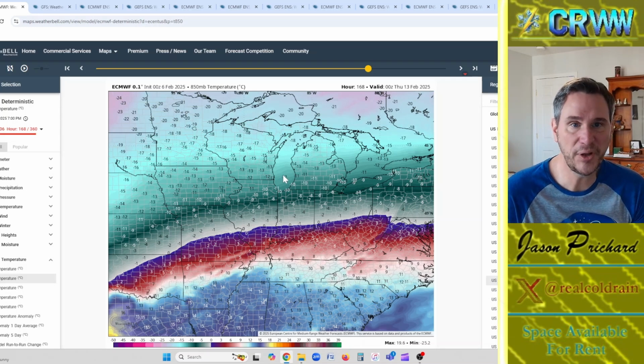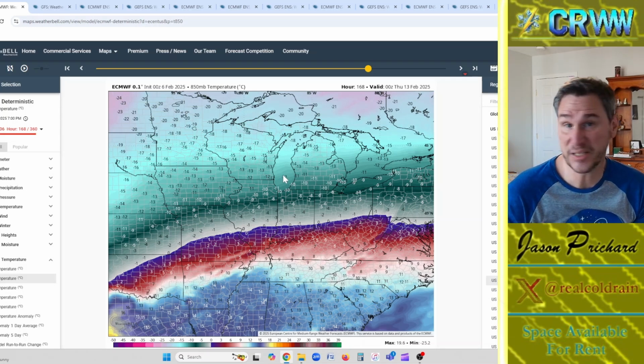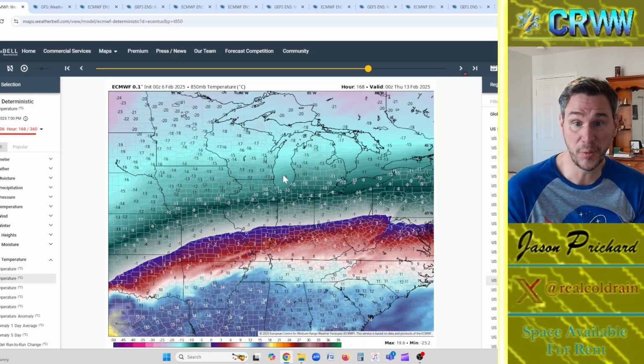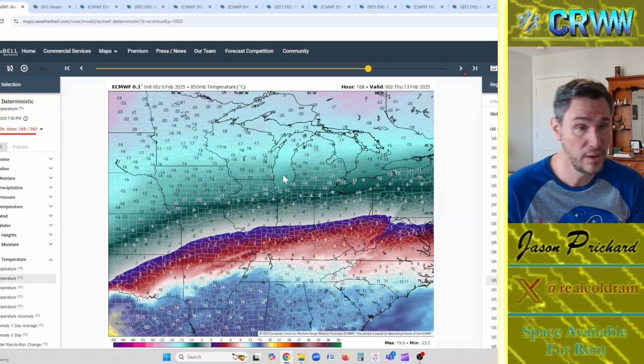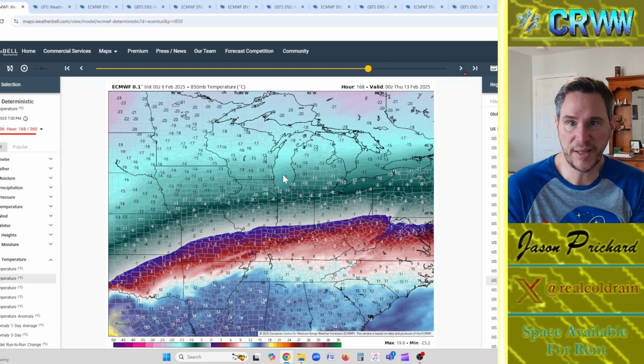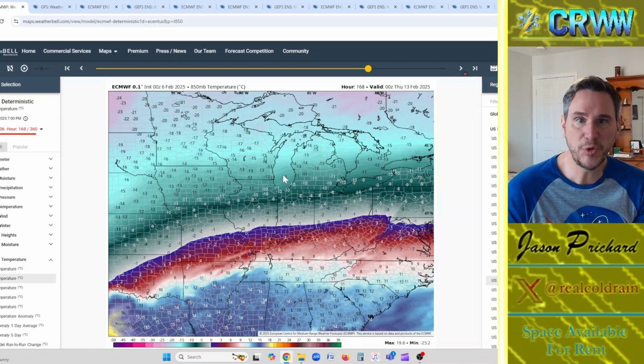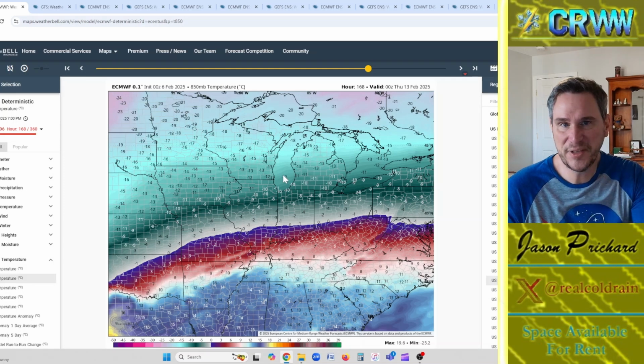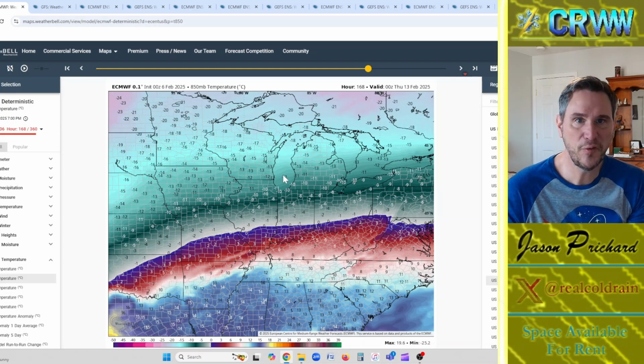You get down into a couple of days, you can start to look at the NAM and some of the short range models, and they'll give you a really good idea of the thermal profile of the atmosphere. And so you can understand now, hey, do we really have a snow threat, or is it more ice, or what? So I hope that helps a little bit understand the difference between ensembles and operational models and maybe how to use them. The bottom line is when you start to see 5 to 10 day or beyond snowfall images out on social media,